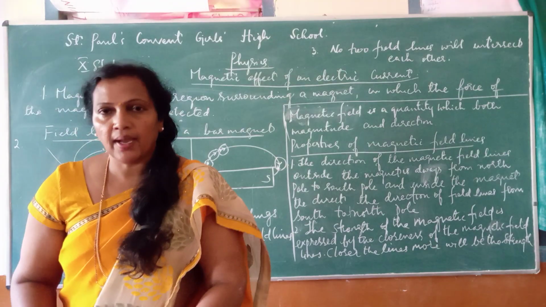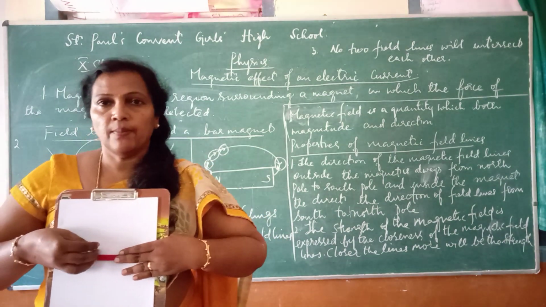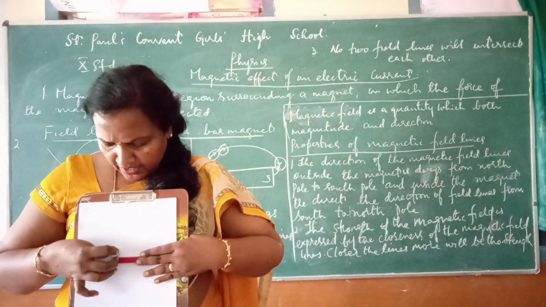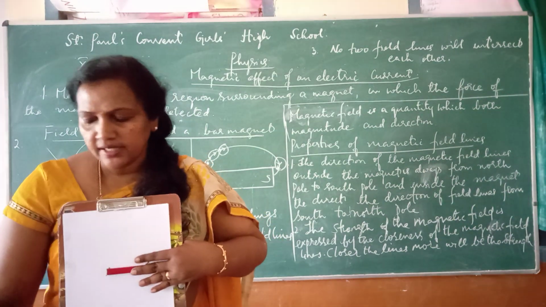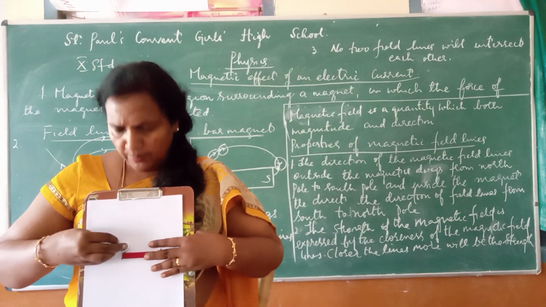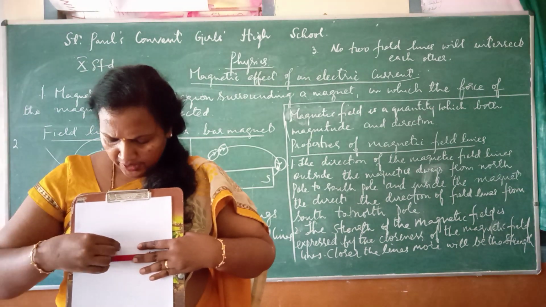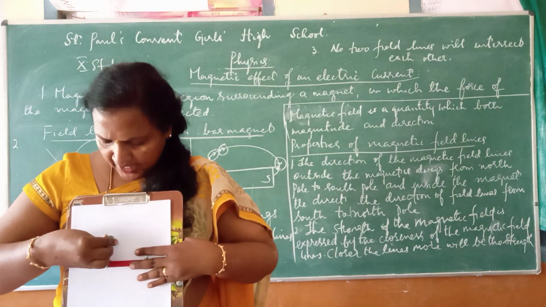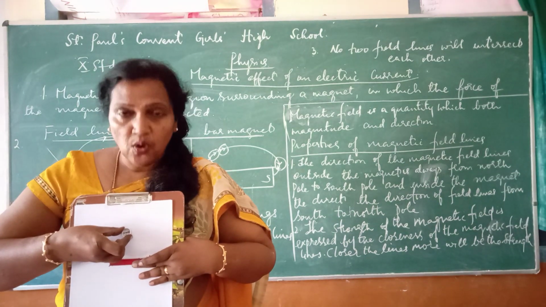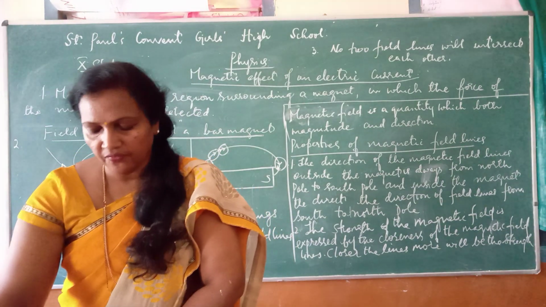You have to take a bar magnet. Then you have to keep the compass needle at one end of the bar magnet. When you keep it here, suppose this is the north pole, then which end of this compass needle will come here? It is the south pole. So naturally, the north pole will be pointing in one direction. You have to take a pencil, mark here, then remove, and again keep the compass needle such that the south pole and this point will coincide. Like this, if you go on keeping, you will get a curved line. Nothing but it is a magnetic field line.